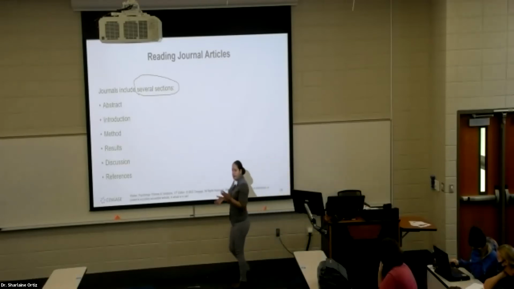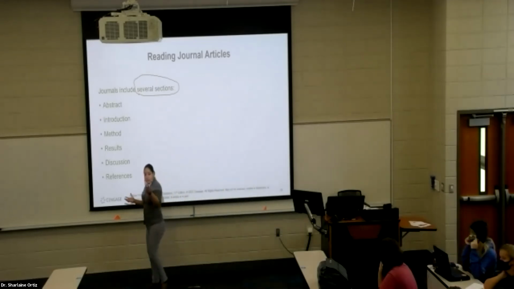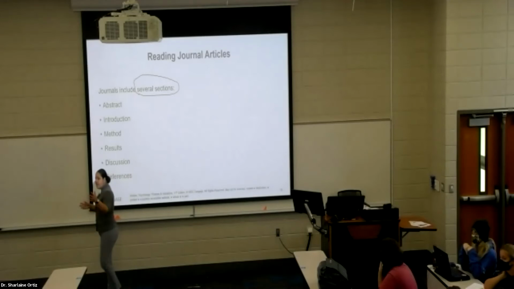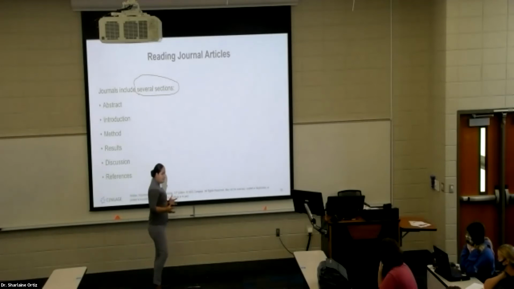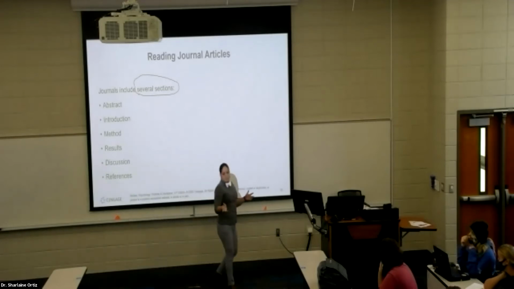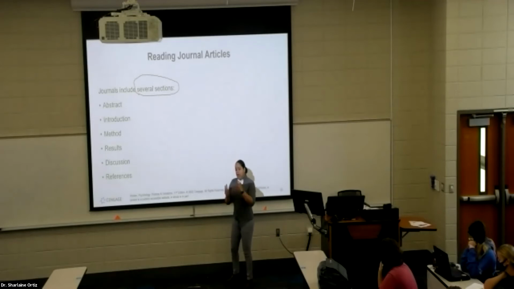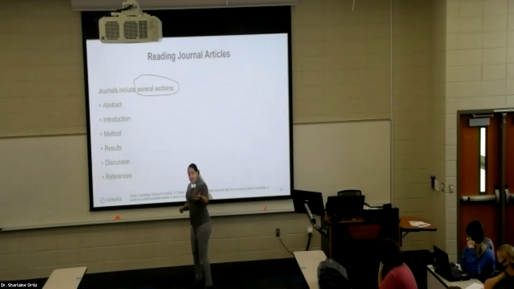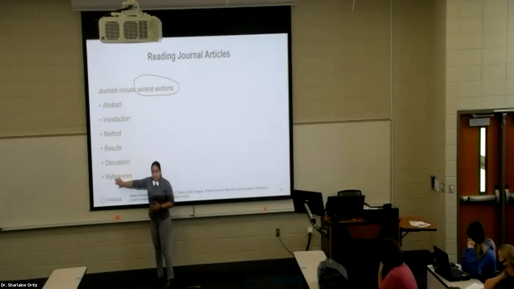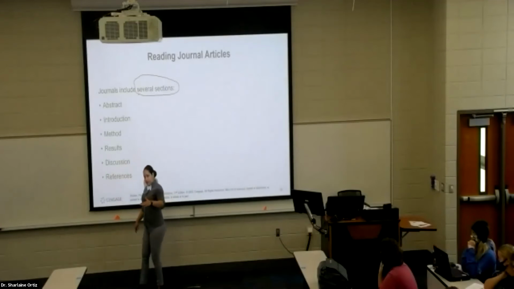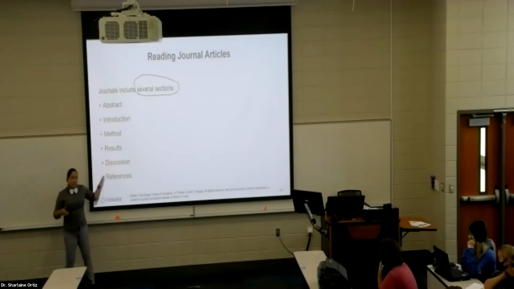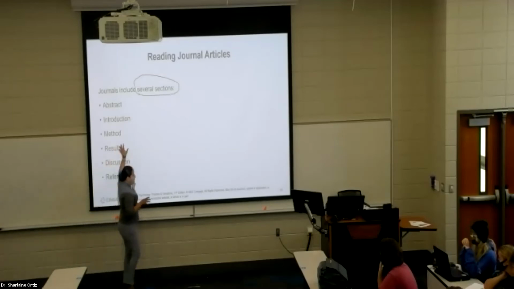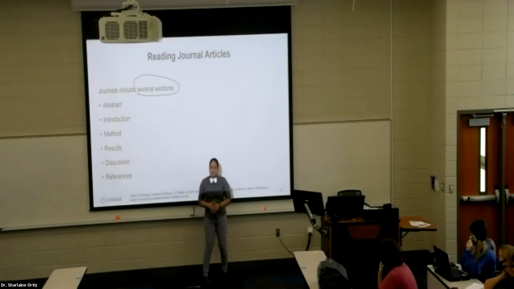I should be able to, for example, who here is in nursing? All right, what's your name? Sarah. So Dr. Sarah, let's suppose she publishes an article about patients who are dying, right? They're in palliative care and they're schizophrenic. I should be able to read that research, even though I'm not in nursing, and identify these aspects, and say, this is her abstract, so this is where I'm going to find Dr. Sarah's summary. Someone who is knowledgeable enough should be able to get the general gist and idea of your research because these sections are the same.